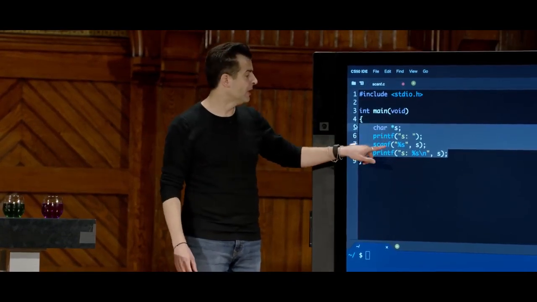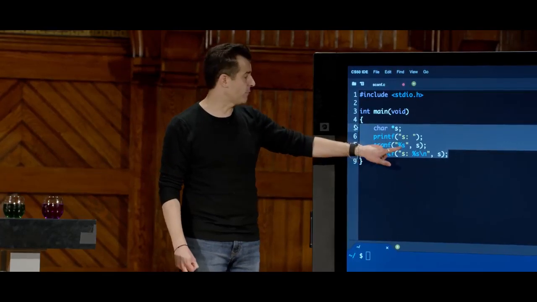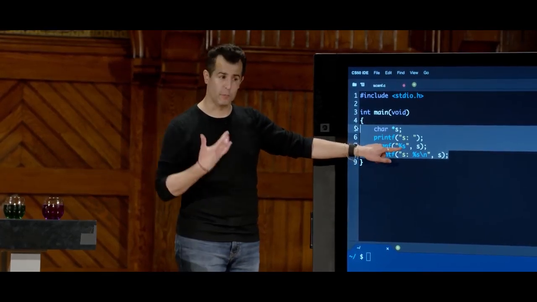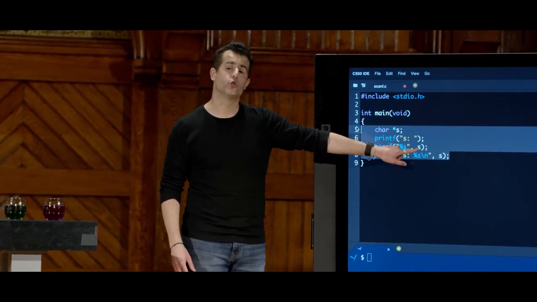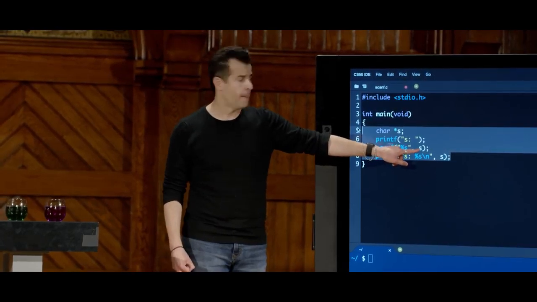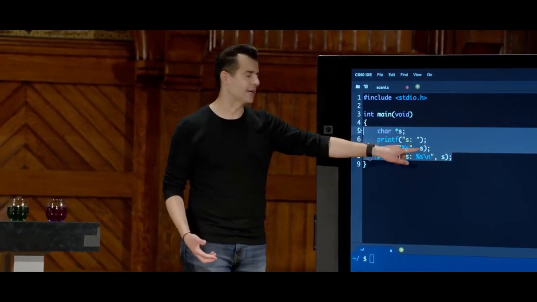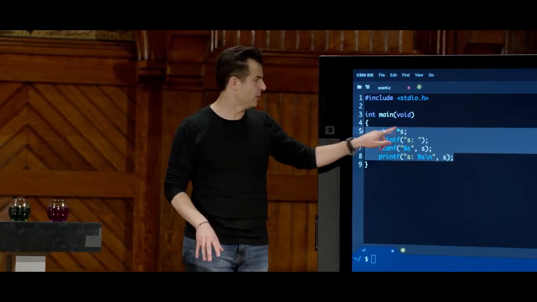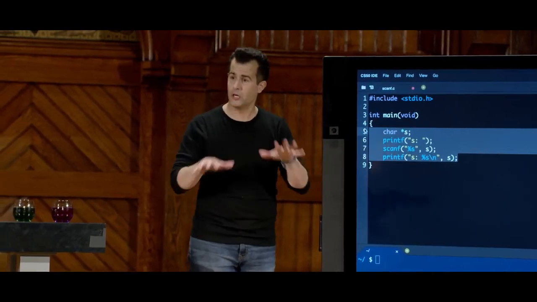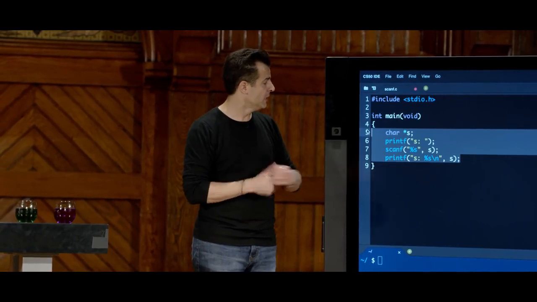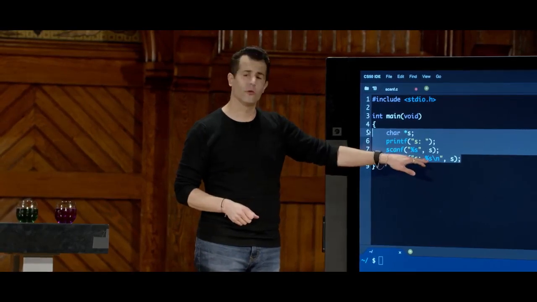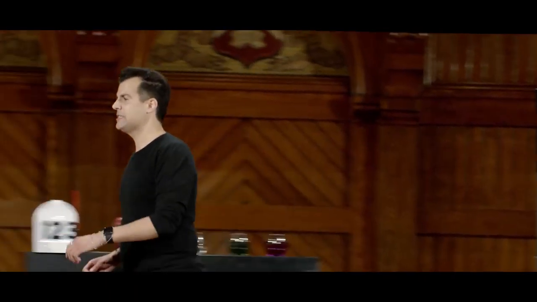Nothing too interesting there. Scanf is this function that takes a format code so it knows what to read from the user's keyboard and the address of a place to put it. And char star, this is an address. I don't need to use ampersand because unlike an int, char star is already by definition a pointer or an address. And then lastly, I just print out whatever the human typed in. Unfortunately, let's see what happens here.